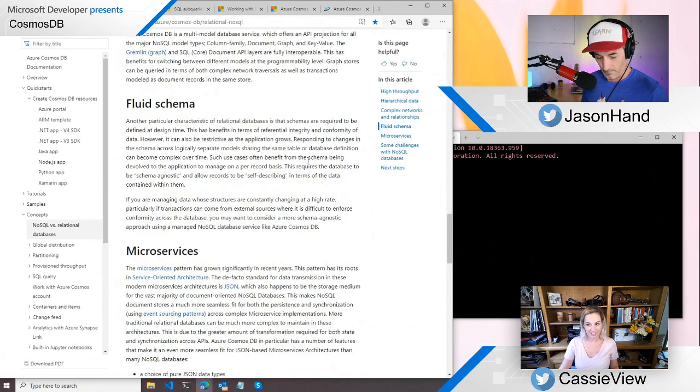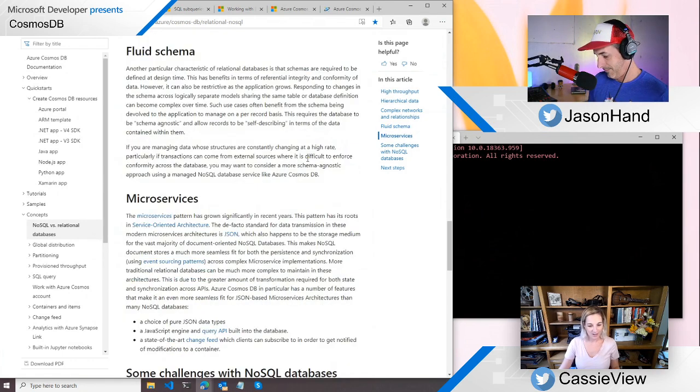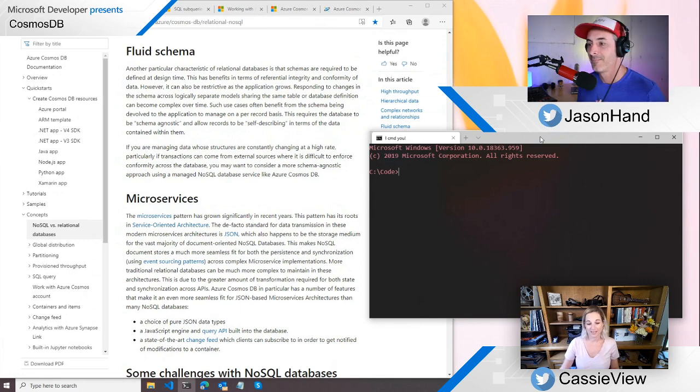kind of scary. At first I was like, that sounds dangerous. And that's the other thing I learned as I was going through: NoSQL isn't always the right solution. It depends on what you're building and what you need. It did feel like the wild, wild west for me. I was like, how does this work? Is this okay? I don't know if this feels right. I can just put anything there?